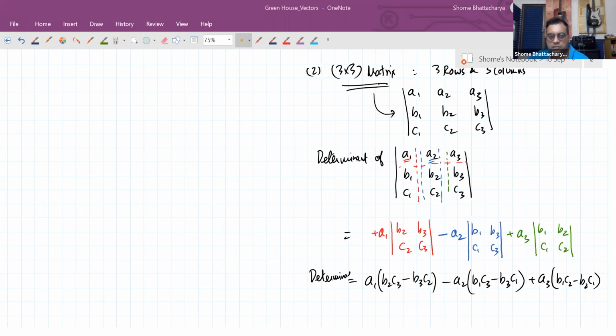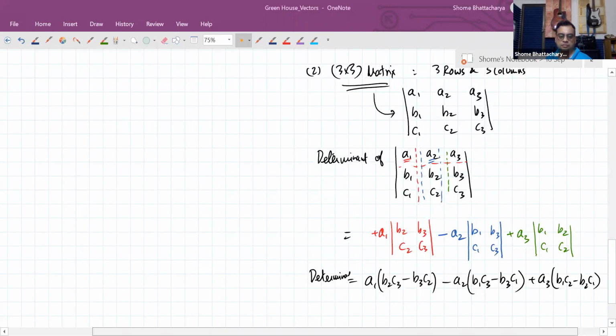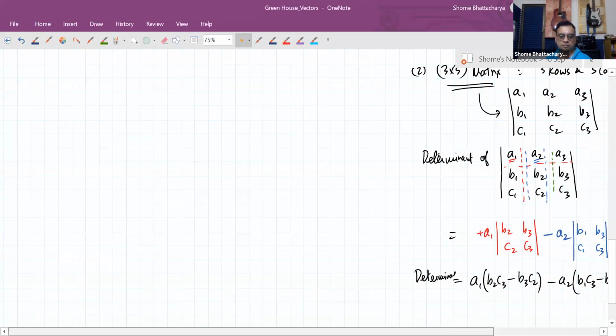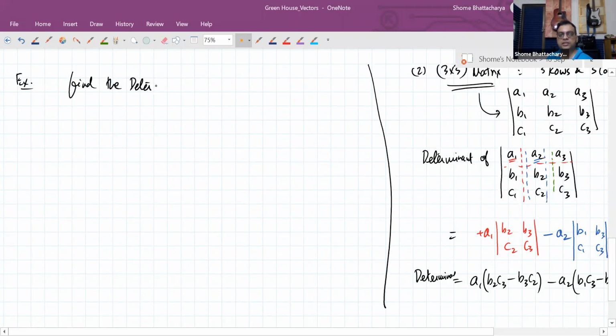Okay, so let's do an example of this. This becomes more clear with examples. So let's say we want to calculate, find the determinant of the matrix, let's suppose you want to calculate. Okay, so here this will become